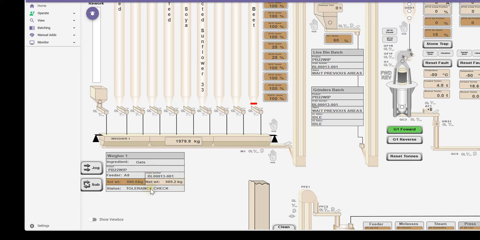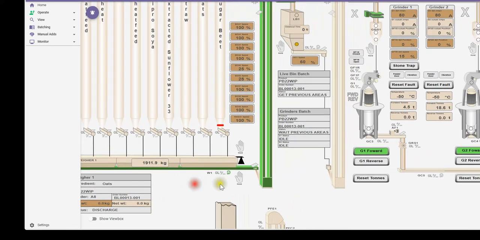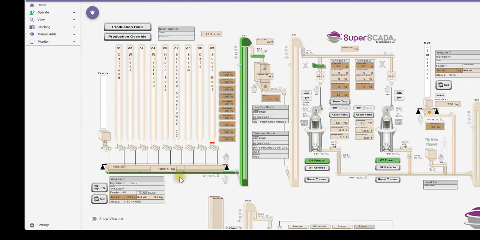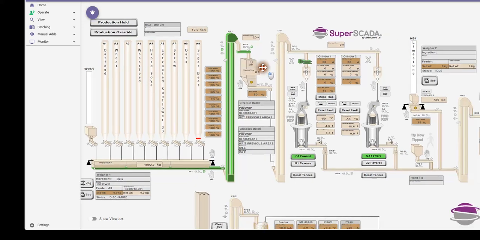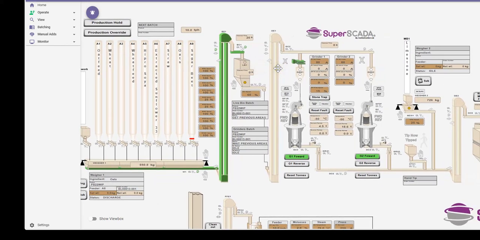So now gone on to tolerance check, logs it, and it's waiting to discharge. Now if I zoom out a touch, you'll see that it's now discharging up this elevator into the grinder bin. And there are all these symbols on the graphics are explained in a separate video, but now the discharger has